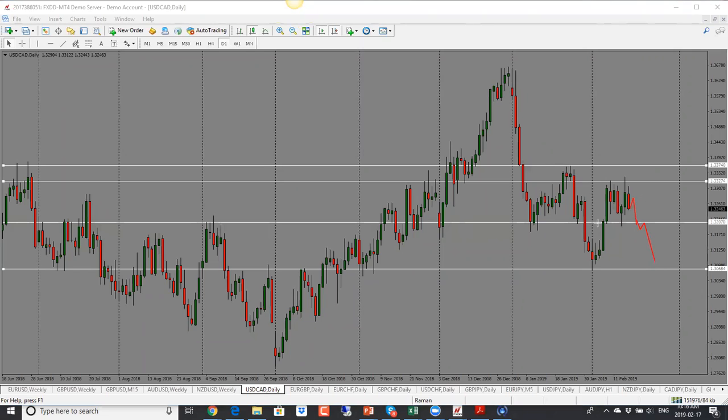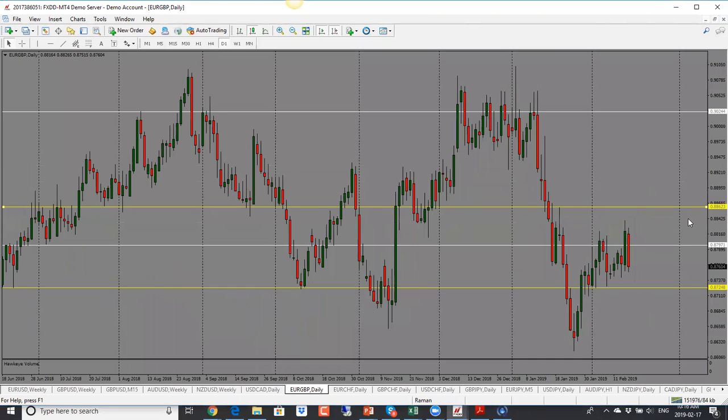But if it doesn't break through here, because this is an important level where price has reacted before, then it could just do one of these and go back into the range, because it is range bound here as well. So things have been back and forth a bit. So no clear longer term trending moves. It's mostly on the short term they are going back and forth, but on the larger term, they haven't really moved a whole lot.